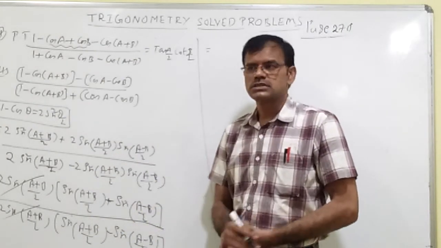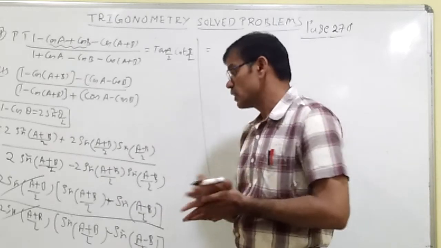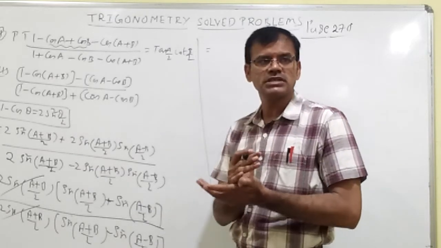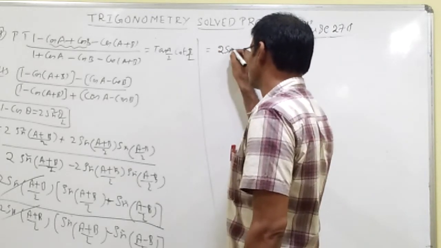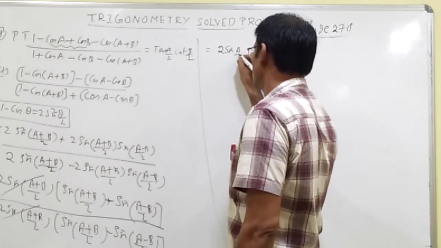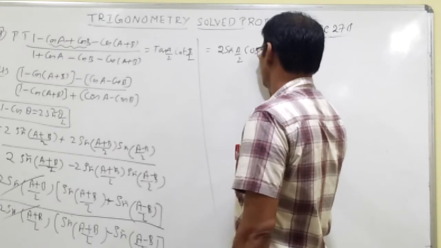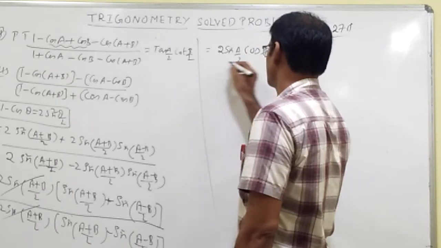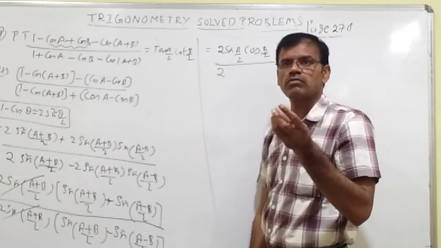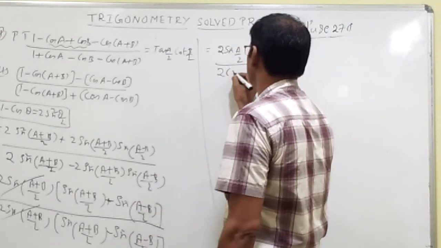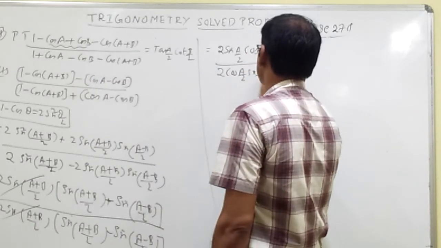Use the formula sin (a plus b) plus sin (a minus b). It becomes 2 sin a cos b. Here by 2 is there. Whenever by 2 is there, simply you should write the angle as by 2. So now you should write 2 sin a by 2 cos b by 2 whole by sin (A plus B) minus sin (A minus B), formula 2 cos A sin B. So now you should write 2 cos A by 2 into sin B by 2.